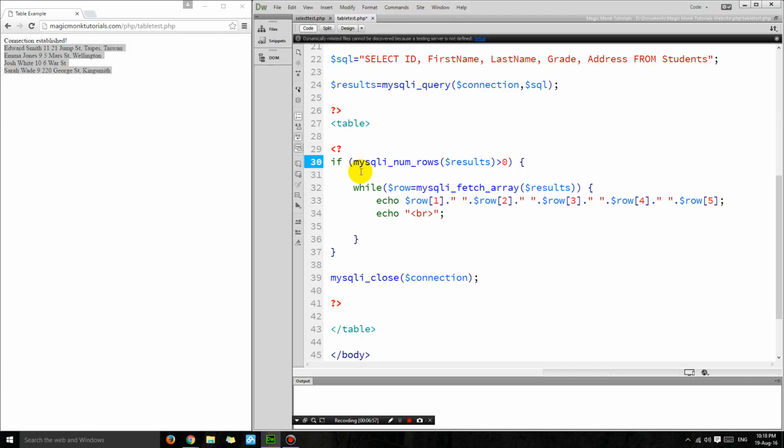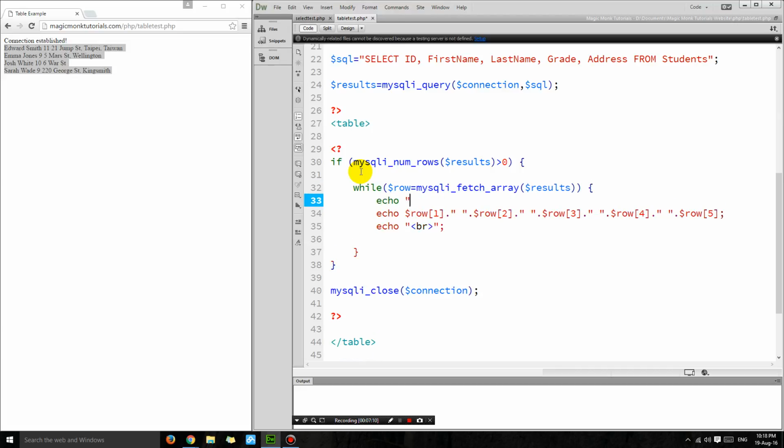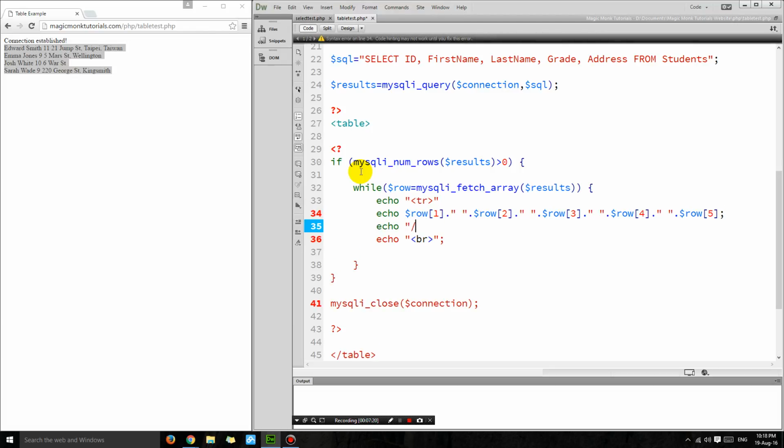So it's got here, if the number of results is bigger than 0, if there are more rows remaining, I print out, okay, so here's the difference. I'm going to print out the tr tag to specify a new row, and then I'm going to print out the /tr tag